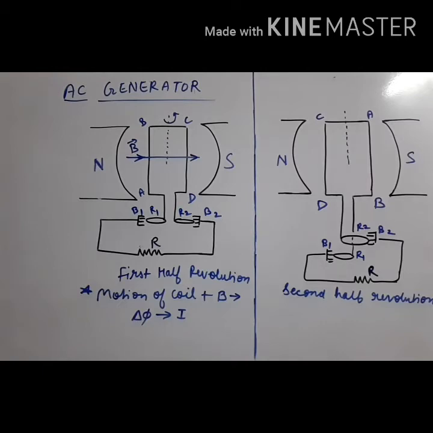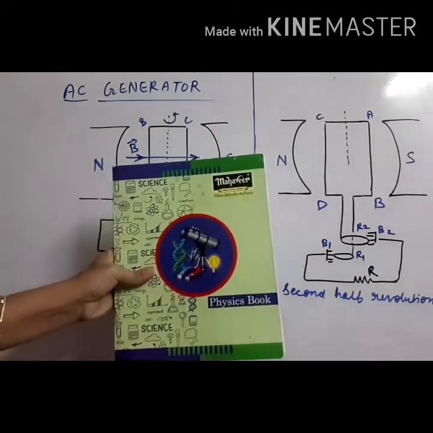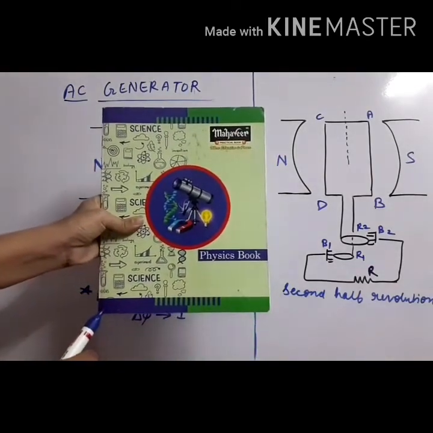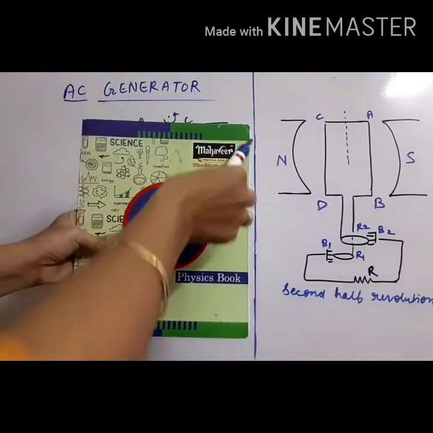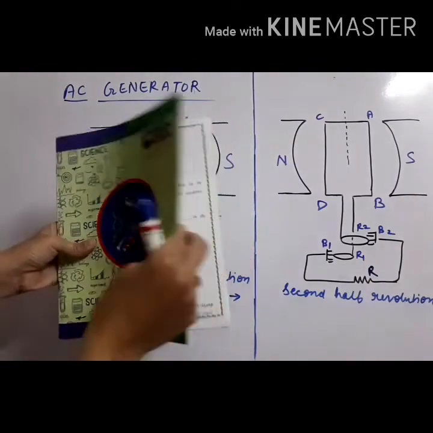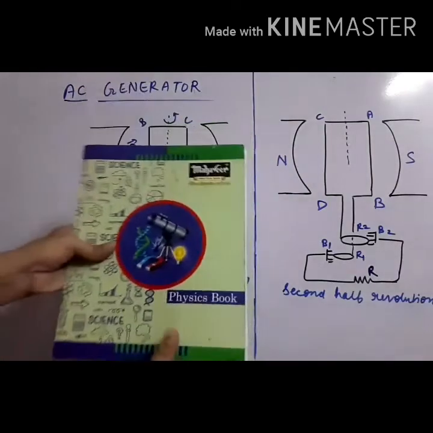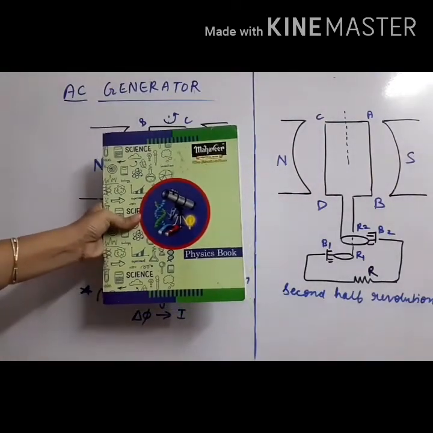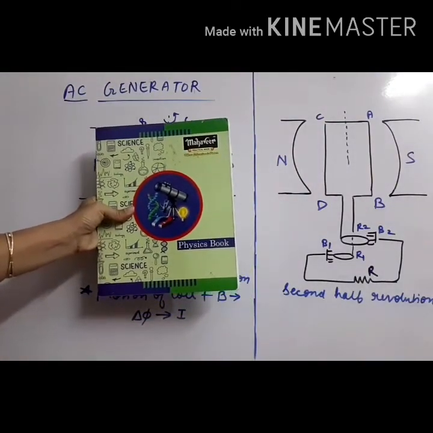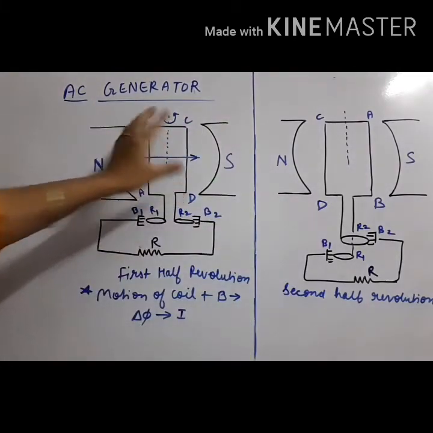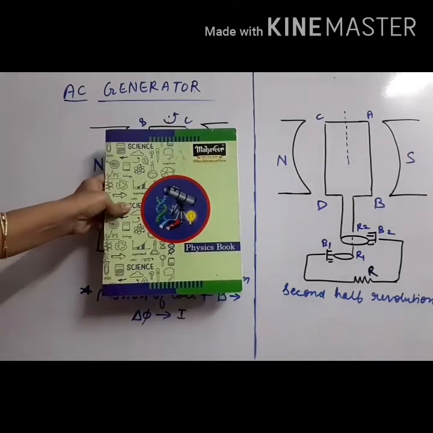So we can take the help of this coil. Suppose this is our ABCD coil. Now you can see this is suppose A, B, C, D. So you can see that this open end is CD and this closed side is AB. Now how is it happening? Initially suppose this coil is kept parallel to the board, like this, the way it is shown in the diagram. So the coil is kept parallel to the board.